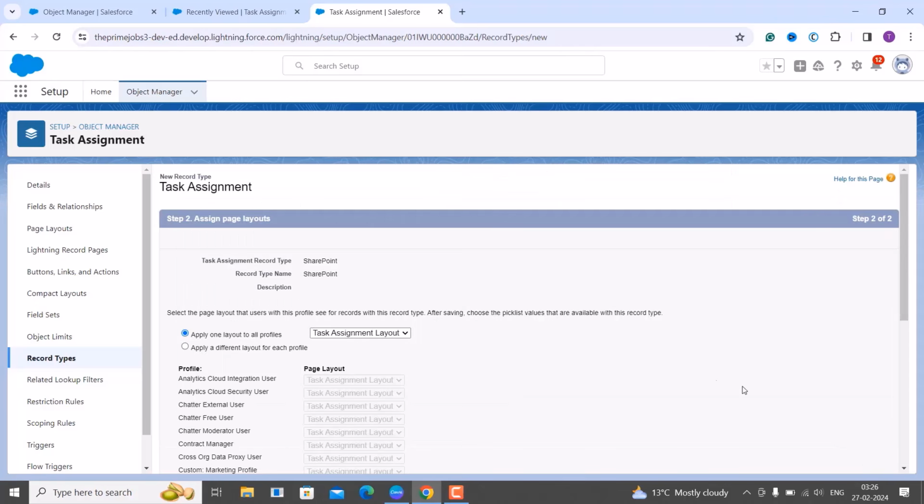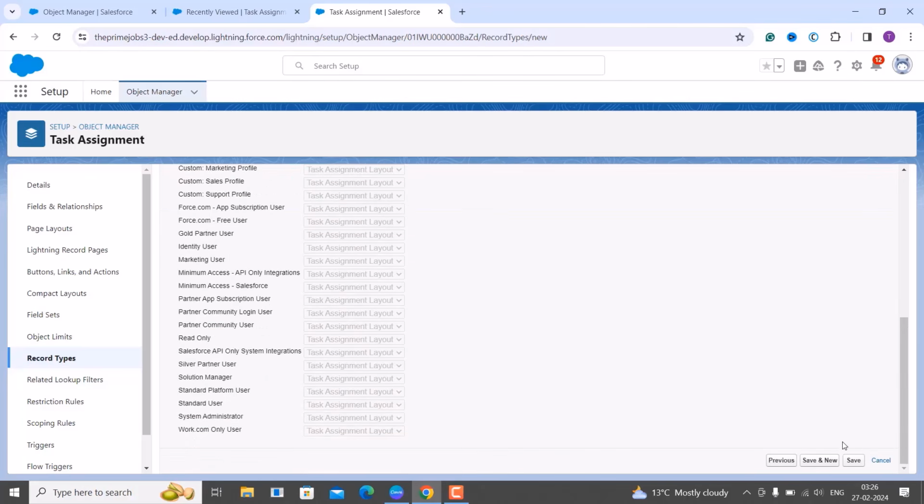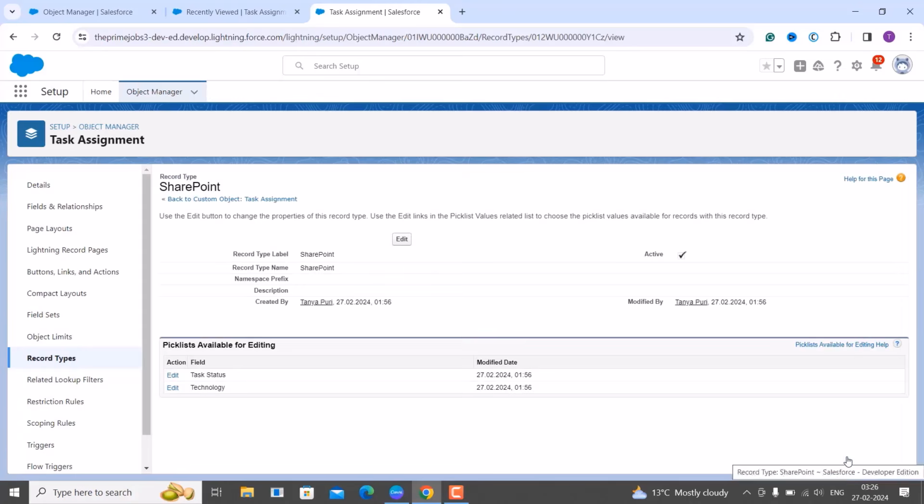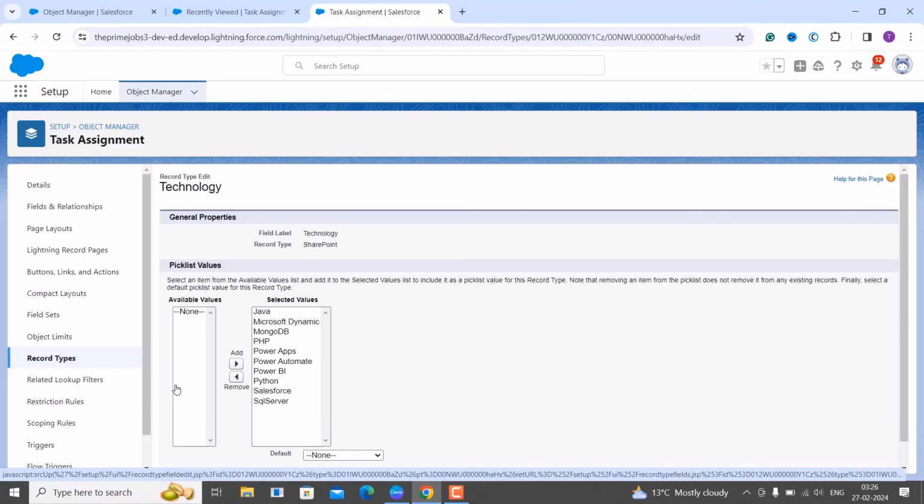me to the page where we have to assign the page layout, and I want to apply one layout to all profiles, and the layout name is the task assignment layout. I simply click on save, and it will take me to the page where we have to choose the pick list. I am working for the technology. I edit the technology one, and from here we have to choose the pick list values that I want to